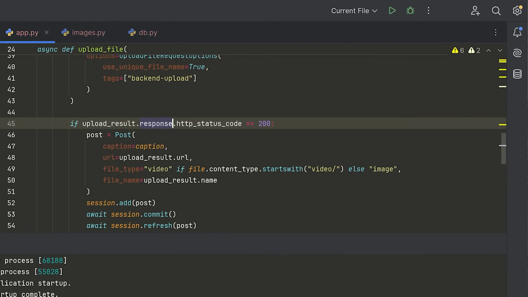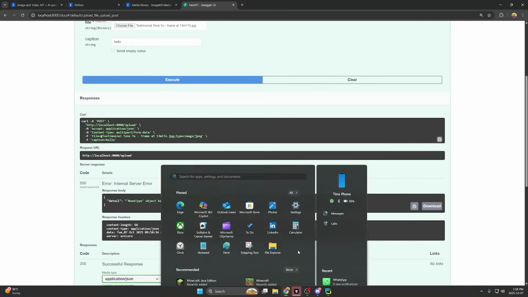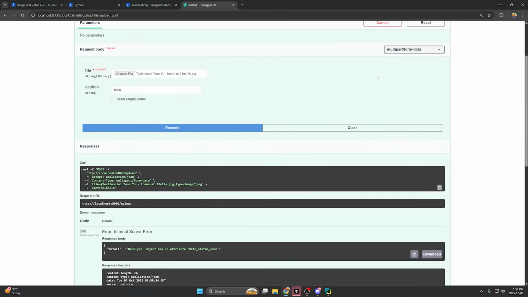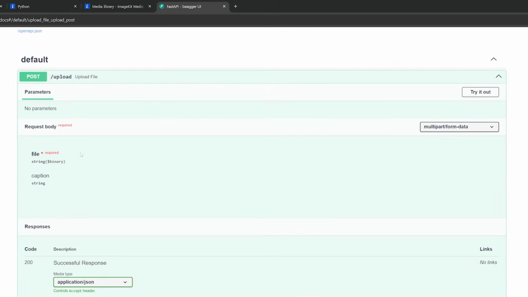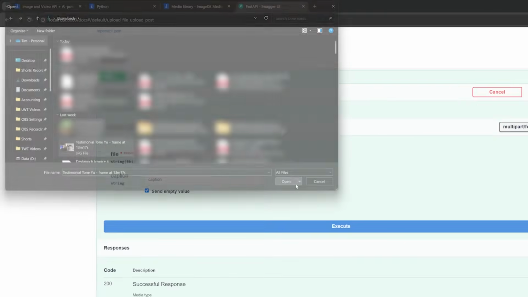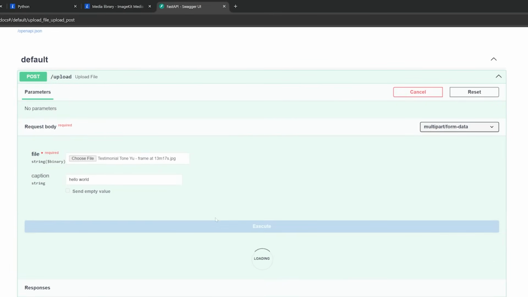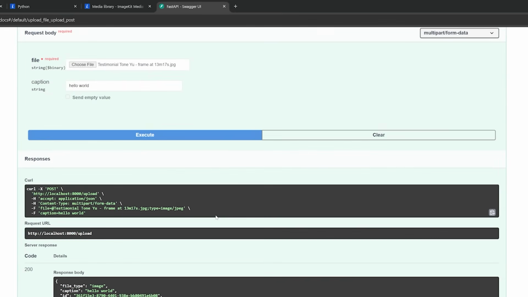Yeah, so we have upload result. This needs to be .response_metadata. Okay, so let's spell metadata correctly. And now let's test it again. Apologies, guys. This is just a part of programming. Refresh. Try it out. Choose a file, again, some media, okay, hello world, and let's see, and here we go,